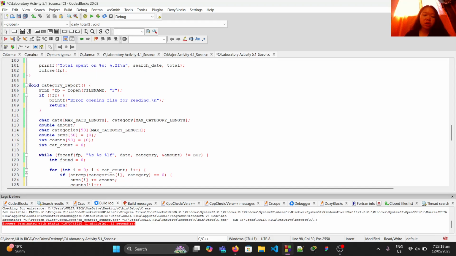Another function here, a function to generate a category report with cumulative amounts.